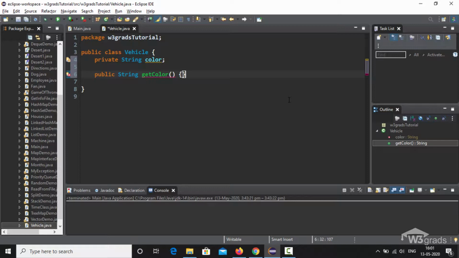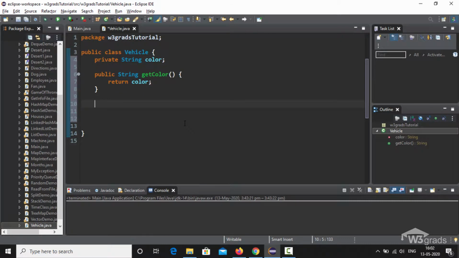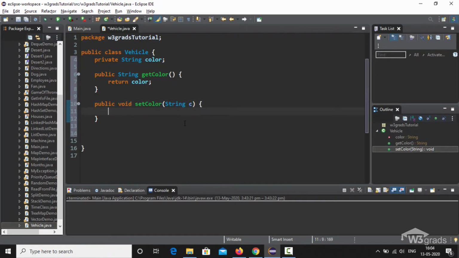Moreover, the get methods simply read the value, so they always have a return type, which is the same as the type of the instance variable. Thus, it has String as the return type. Now, within the curly braces, we will simply return the value of color by writing return color along with a semicolon. This statement will return the value of color. After this, we will define our set method to write a value of color. To do this we will type public void setColor along with parentheses. Inside the parentheses, we will pass a String type variable named c as a parameter. Then, we will put two curly braces, and within these curly braces, we will assign the value of the String parameter c to our instance variable color, by typing color equal to c.